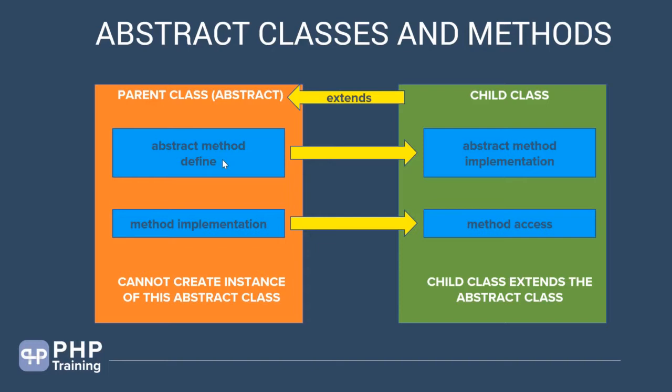It is easy to understand. It's partially an interface, partially a class. Both concepts combined together become an abstract class. An abstract class has abstract method definitions, a contract that a child class has to implement. It also has normal methods implemented, and you cannot create an instance of an abstract class. So these are the rules you have to remember when you define an abstract class.